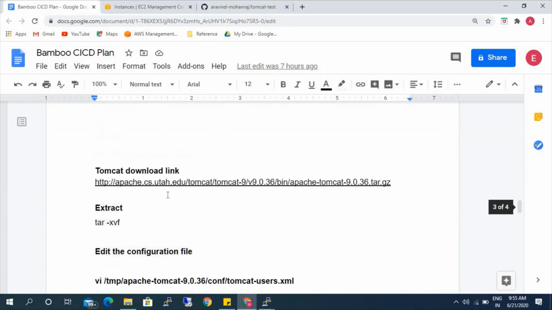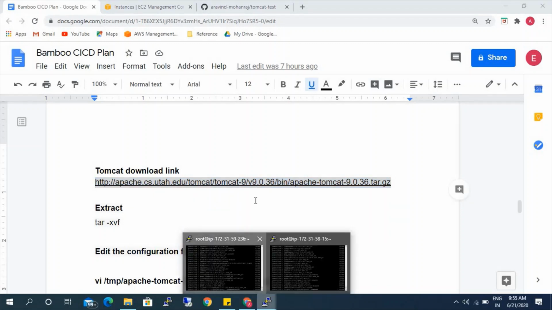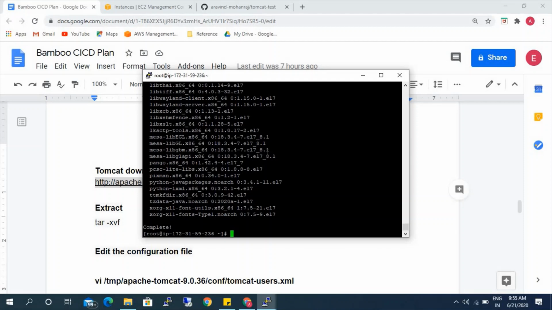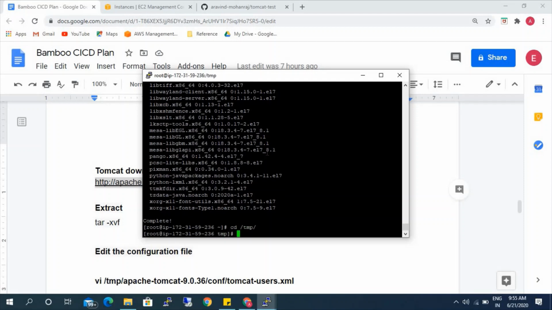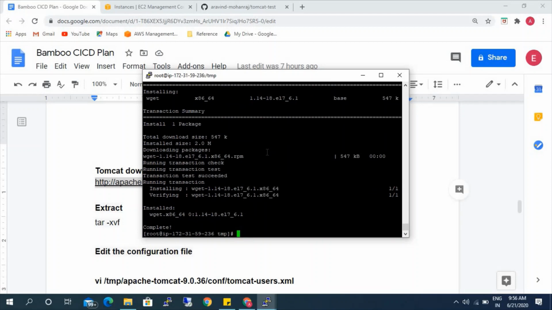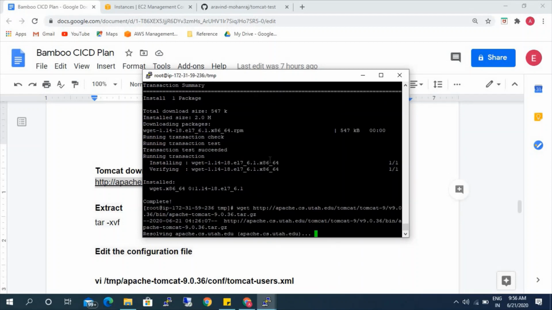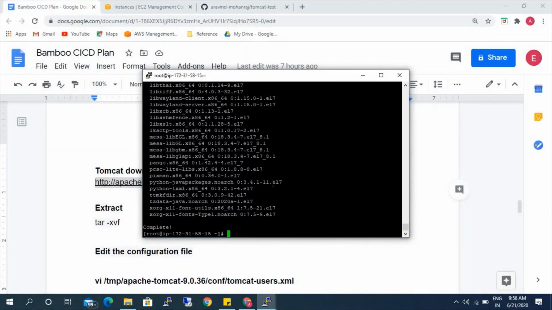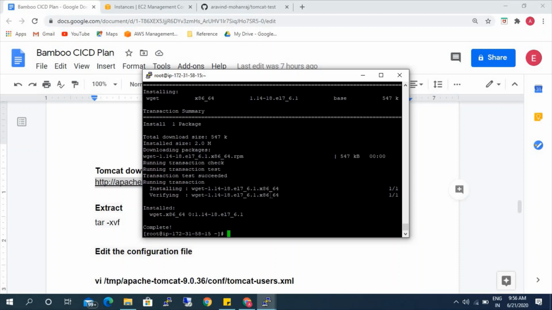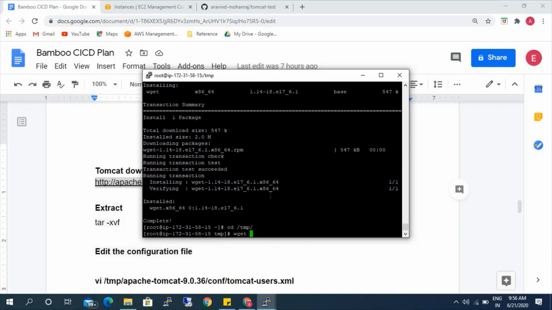So next, we need to download this particular package from this link. It's done. Let's go to the temporary folder. Here we need to install the unzip package. It's done. So let's go and download this package. Same we will do in the production server: install -y unzip, go to the temporary directory, download this package.